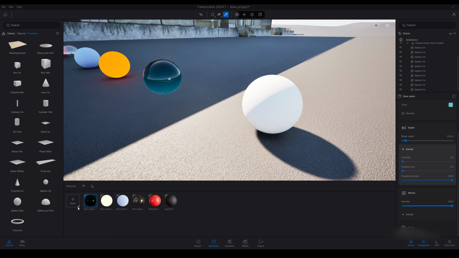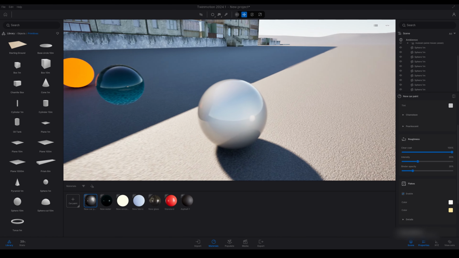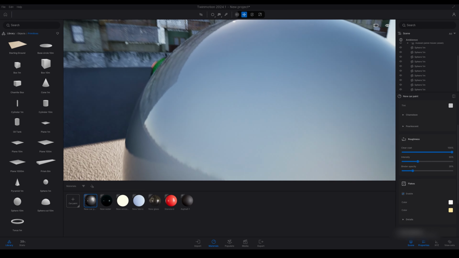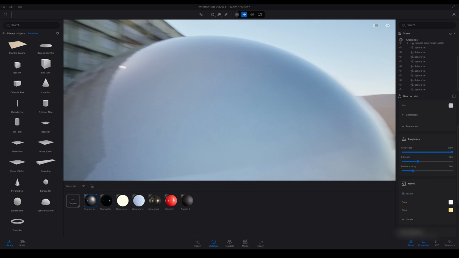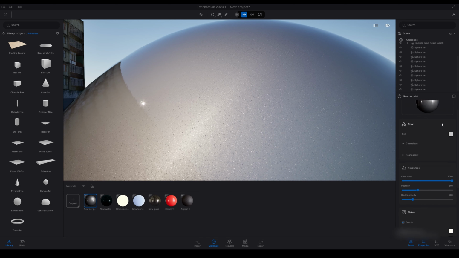So the next material we're moving on to is car paint. So this is a new material. So once again, this material has all the car paint parameters. You can see the speckles of glitter.